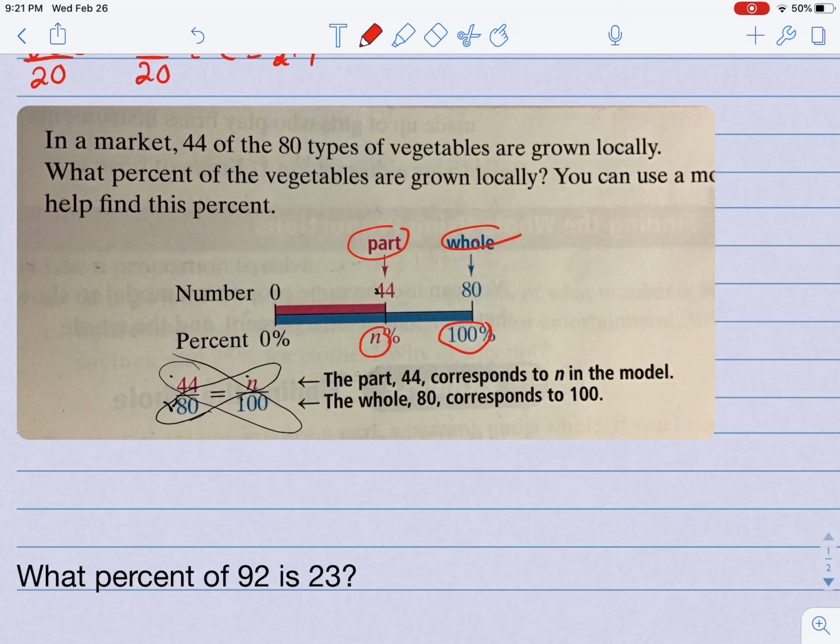So you take the ratios and you take the cross product. So you get 4,400, that'd be 44 times 100, is equal to 80 n. Okay, so we've taken the cross product. Once again, to solve for n, we divide by our coefficient, the number in front of the variable. What we're left with is n is equal to,